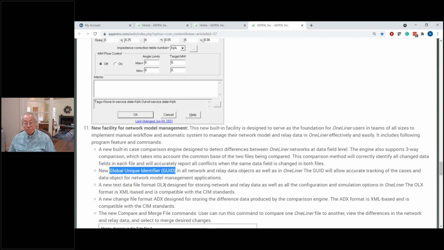And if you are involved with copying and moving data from one system to another, you will find that having a unique identifier for everything will help to match things between different systems very efficiently. And especially having this global unique identifier now makes OneLiner 15 files officially compatible with the CIM standard, called Common